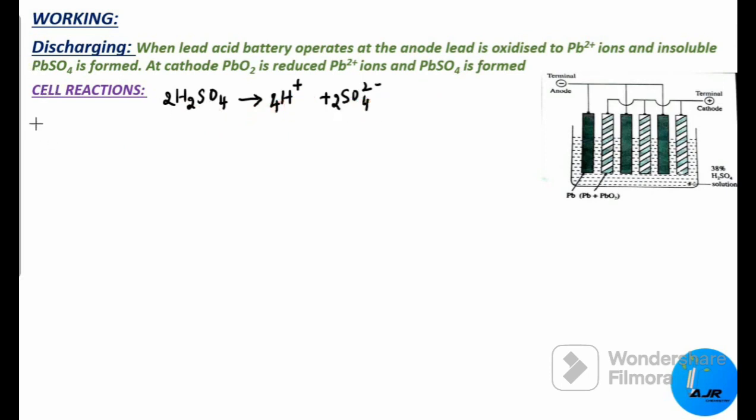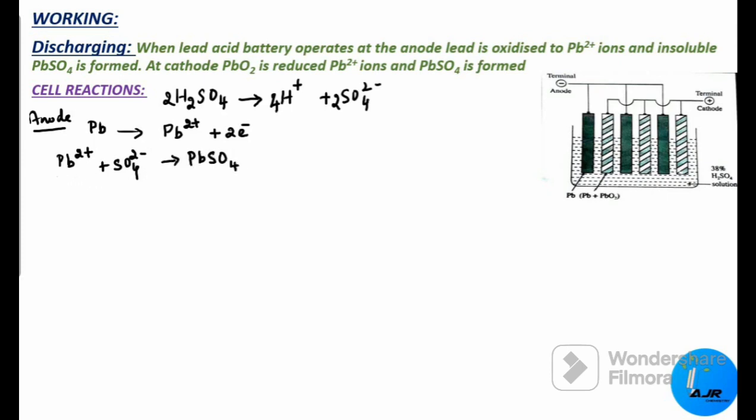Now let us see what is going on at the anode. Anodic reaction: Pb, that is the anode, undergoes oxidation. That means it gives 2 electrons and forms Pb2+. Always oxidation takes place at the anode in an electrochemical cell, in a galvanic cell. Since it is giving 2 electrons, it forms Pb2+. Now this Pb2+ accepts one sulfate ion, there are 2 sulfate ions. It will not remain as such. It accepts a sulfate ion SO4 2- and forms